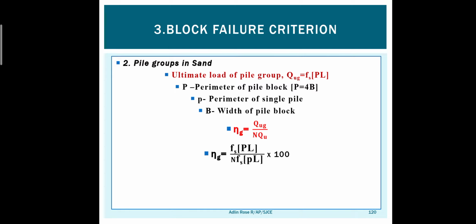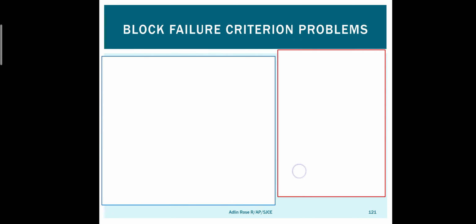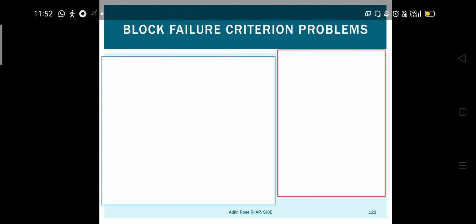In this formula, there is only frictional resistance, skin friction, and no tip resistance, because it is a sandy soil. We know that in sandy soil, friction will be there. The load is resisted by the friction of the sand. So that's why we are considering only the friction. So we have this formula. Okay, we will look into the problem. Very important problems, and based on this we